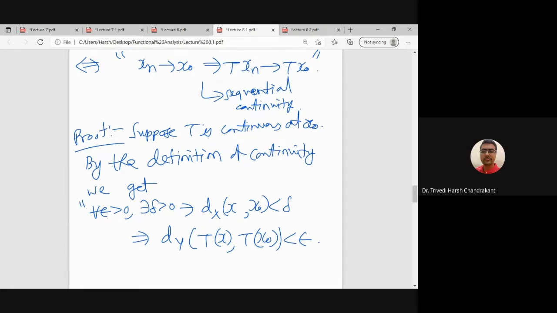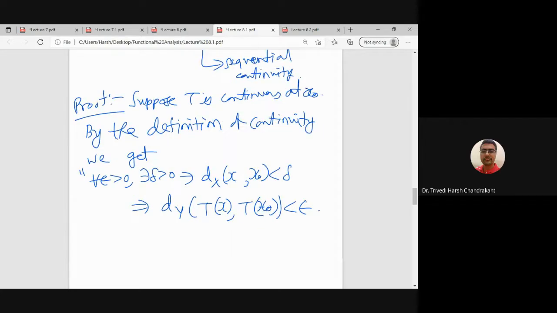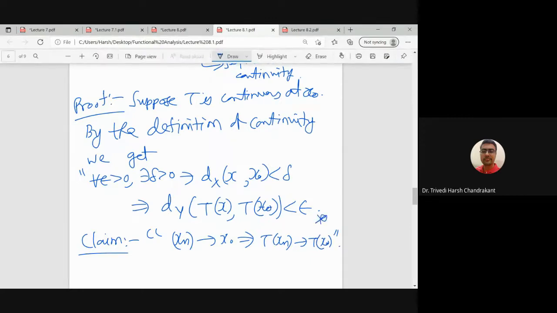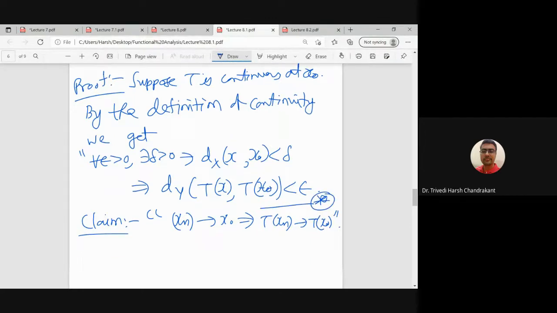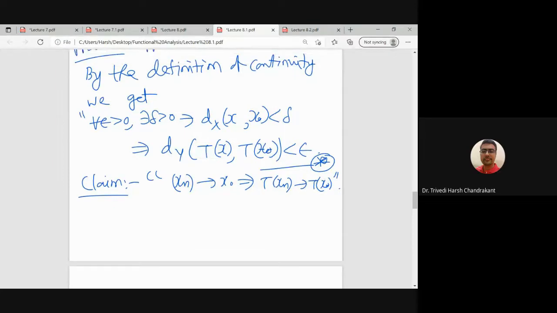Now, if this is given, we want to show sequential continuity. Sequential continuity means whenever xn converges to x naught, we get Txn converges to Tx naught. From this definition, star, sequential continuity is simple because xn approaches x naught, right? So therefore,